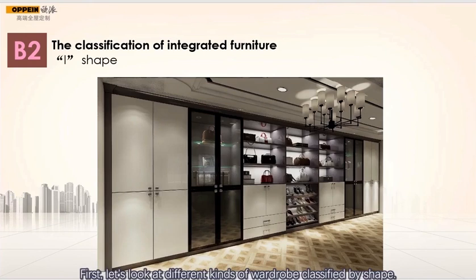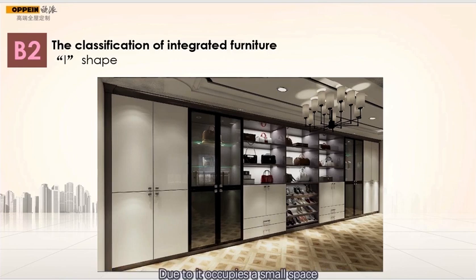First, let's look at different kinds of wardrobe classified by shape. I-shape. I-shape wardrobe is lined up. It gives people a simple and bright feeling. The operation process when people are using it is in a straight line, which results in people feeling quite